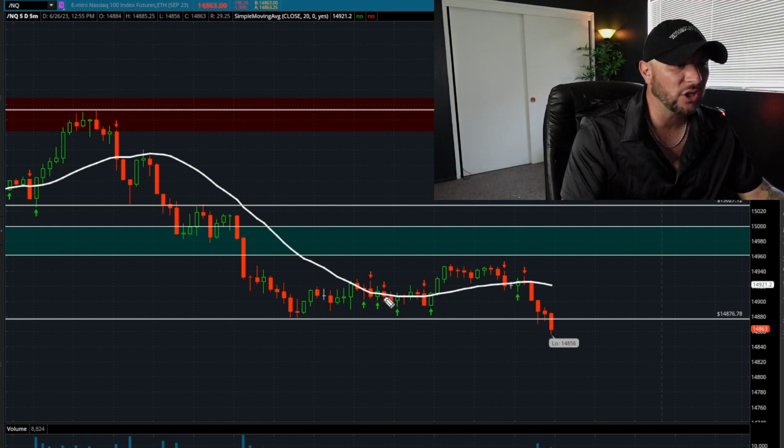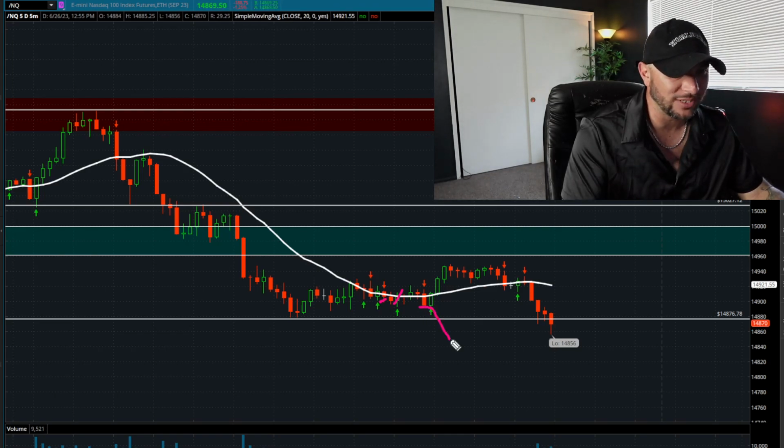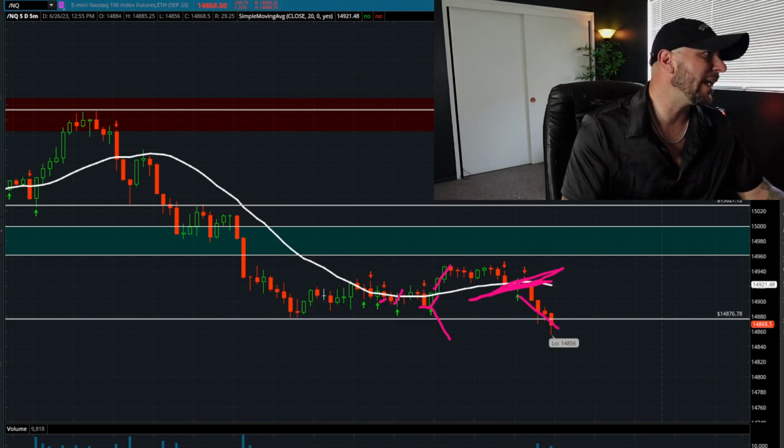Again, I took a couple of trades in here. I took this short position here, got stopped out. I also did take this short position here. I was anticipating a further flush here. I got stopped out. Did not take the long, but I did catch this last short position there. But again, guys, remember,